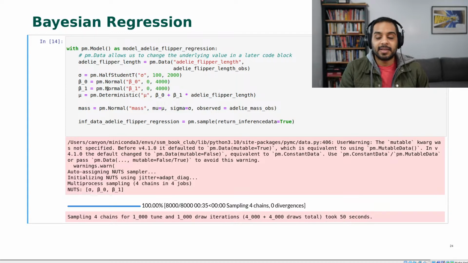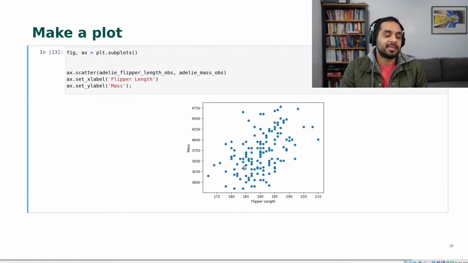And to that subtler point, there's no precise way of saying that this is the only way that the variability of mass could occur from the mean. That it had to be half student T distributed, that it couldn't be half Cauchy distributed, that it couldn't be flat, a uniform distribution. It could be anything. But looking at the data, as a person who's done this a lot, it looks approximately like something that would be a half